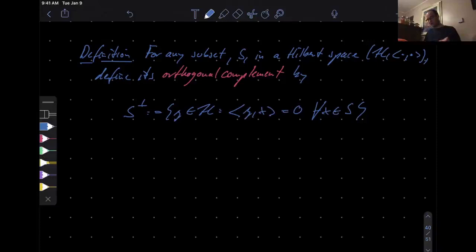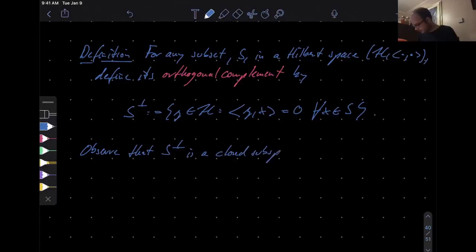Notice, by the way, this definition works for any subset. You don't need to have a subspace. In turn, though, that orthogonal complement is always a subspace. This is linear algebra knowledge. And now functional analysis knowledge would reveal that actually the orthogonal complement is a closed subspace of H. Think about that. It has to do with the continuity of the inner product,